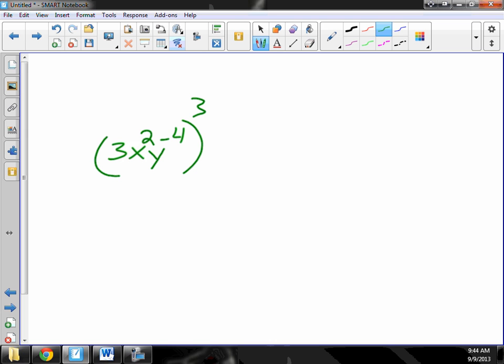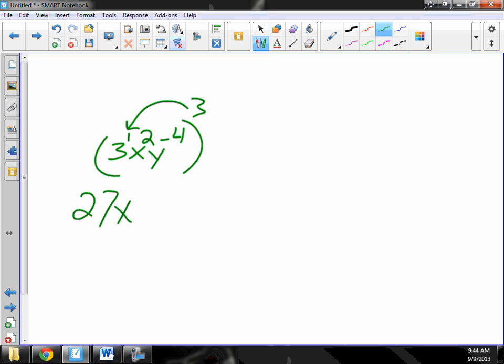Okay, so I'm going to bring this in and multiply it. What am I going to multiply it by? I'm going to multiply it by 3 to the 1st. So there's a little exponent of a 1 right there that we don't write. So make sure you don't put this as a 9, because it's not 3 times 3. It's 3 to the 3rd. So it's 27